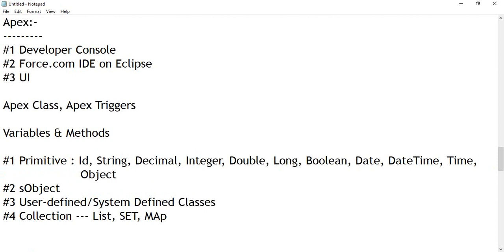Object is the base data type. It supports accessing and assigning any data; it accepts any data. That is the big data type, the base data type. Then the sObject type means any object defined inside your Salesforce organization,